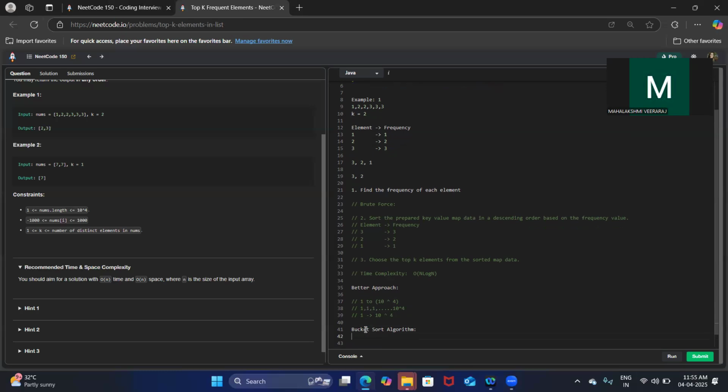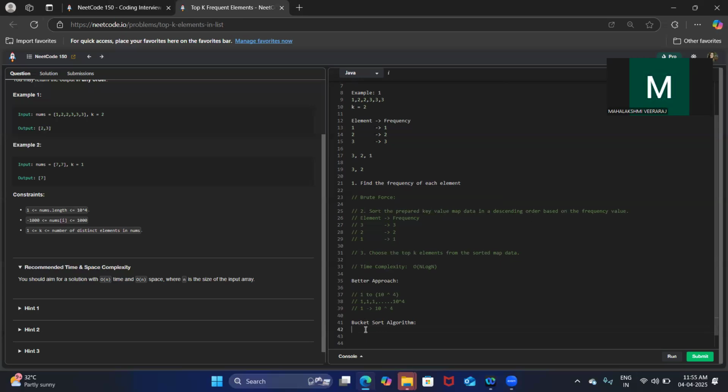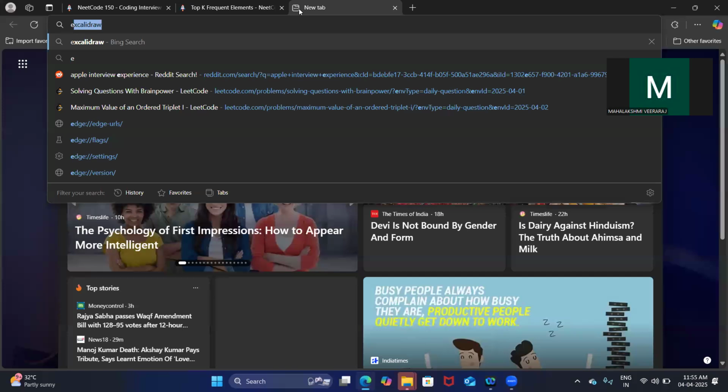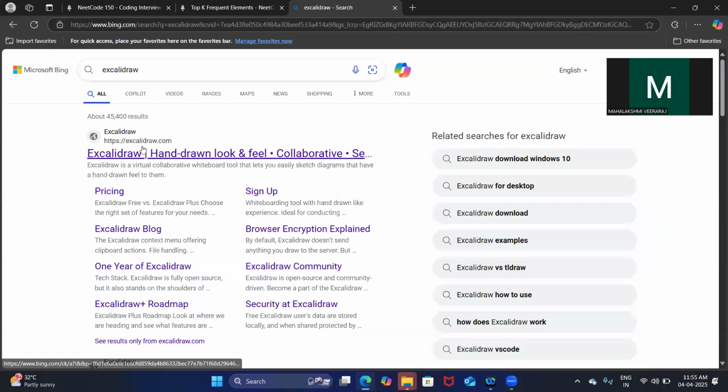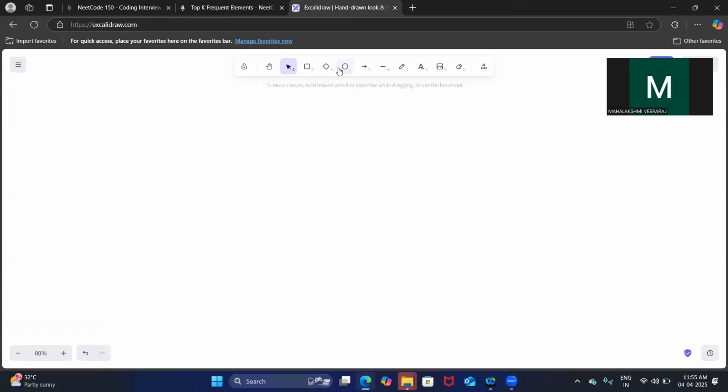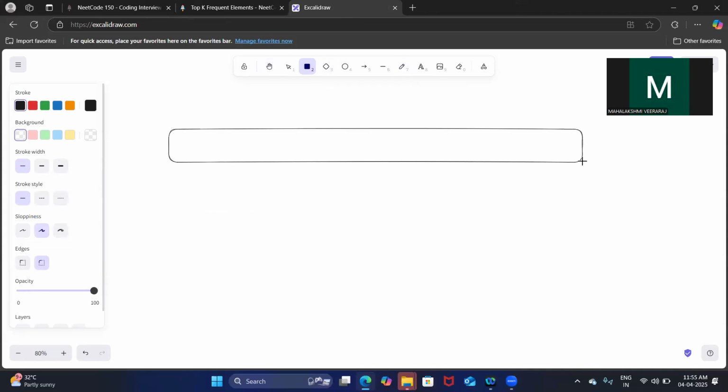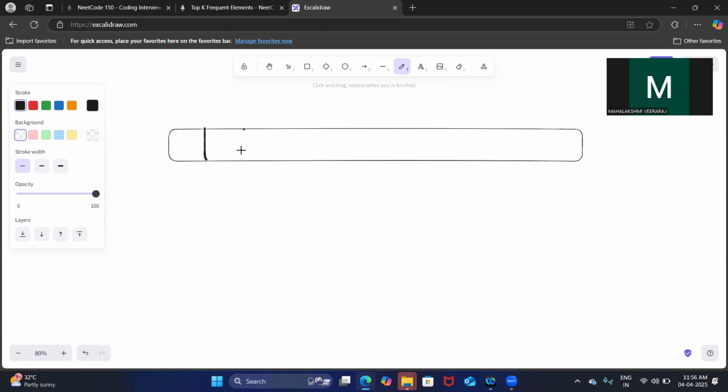What we will need to do is create a bucket array, which means we will be creating an array where the indices range from 0, 1, 2, etc., up to 10 to the power 4.